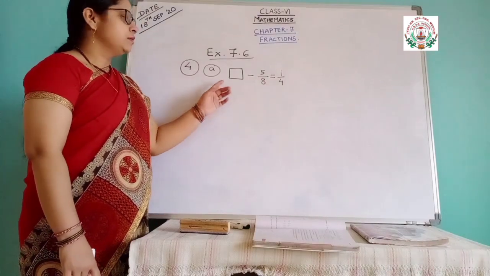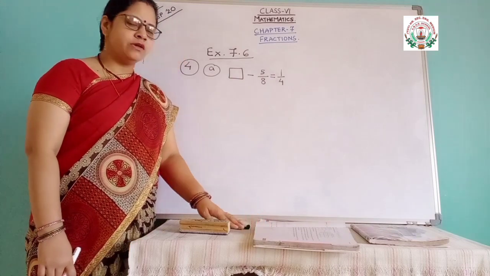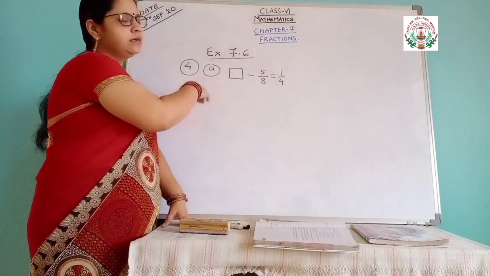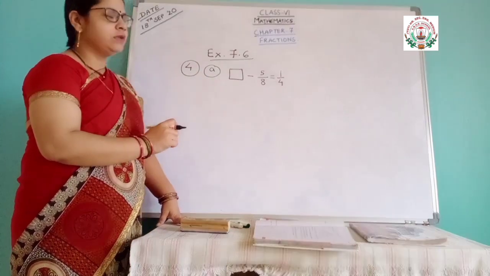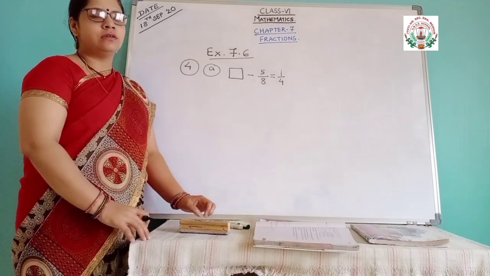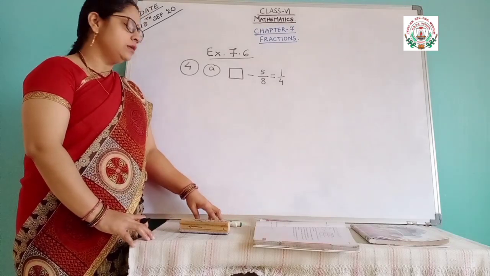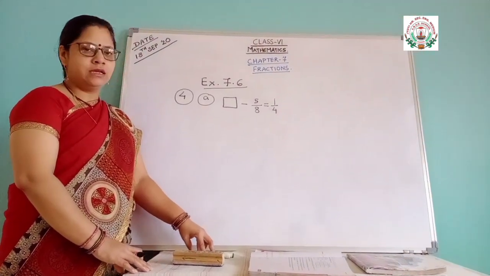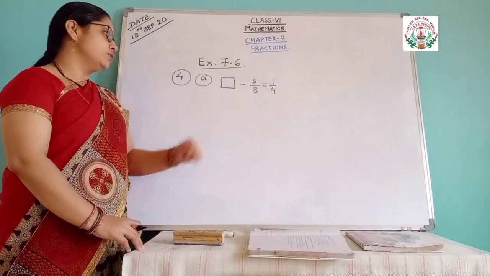In the previous exercise, in the questions where boxes were given, the box was at the right side, or else only a fraction was given after the equal sign. So here it is like an equation. At this stage you do not know what an equation is. You have a chapter, simple equations, that we will see a little later, but here I am explaining how to solve this kind of question.